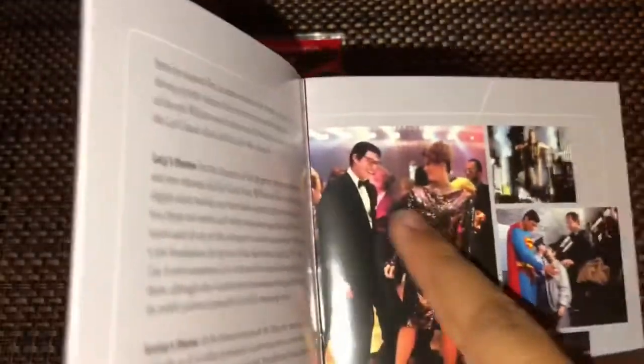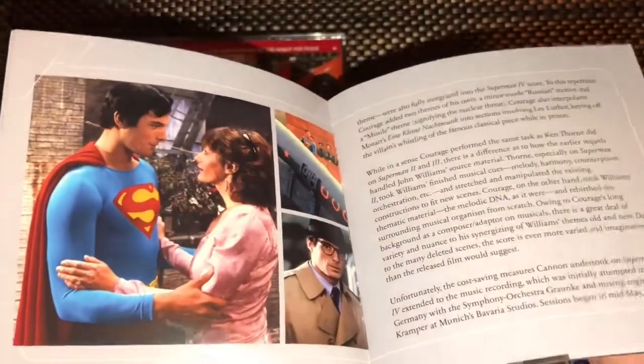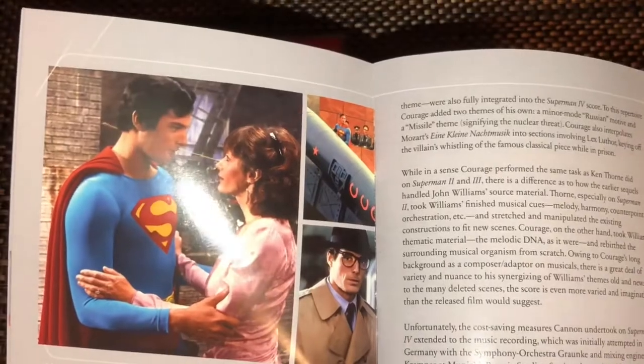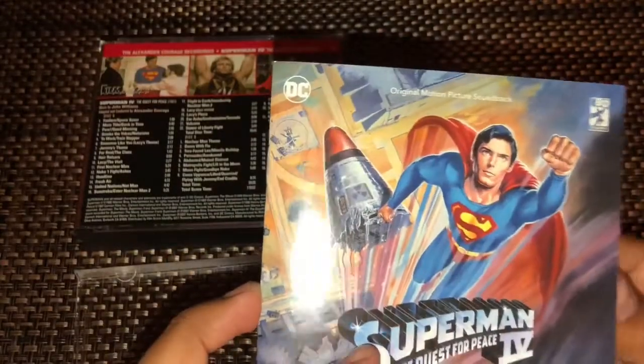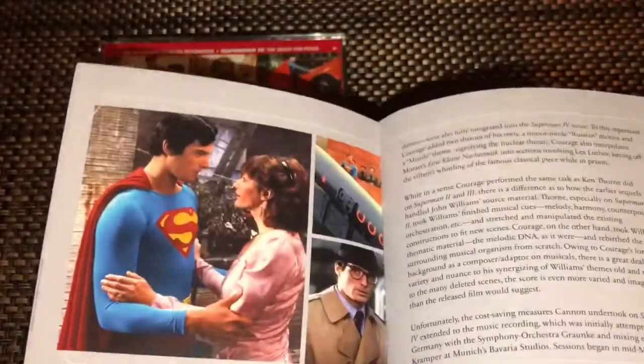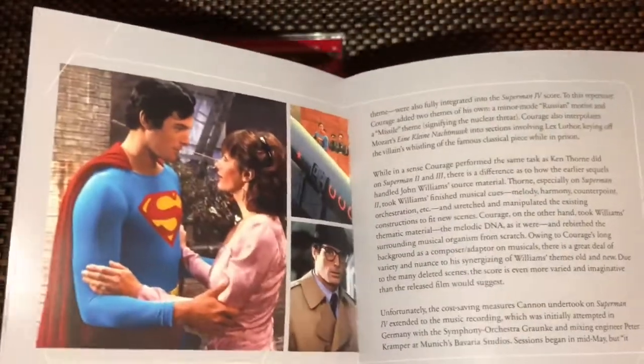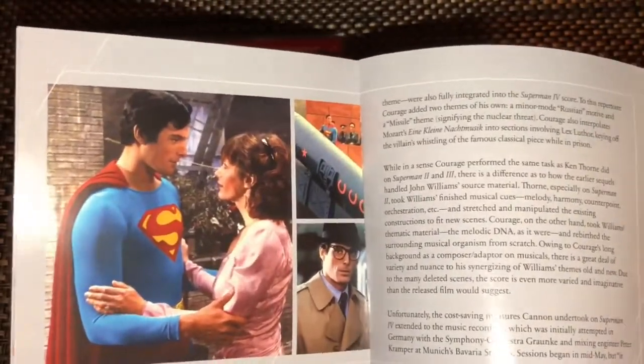This is one of the scenes that was deleted, and a lot of music was composed for that scene, and a lot of that is in the set. And there's more on the history, more screen caps and promotional pictures. Most of these images have been remastered or redone by Jim Bowers, who is over at the Caped Wonder homepage. So do check him out too, because he's done some amazing things for